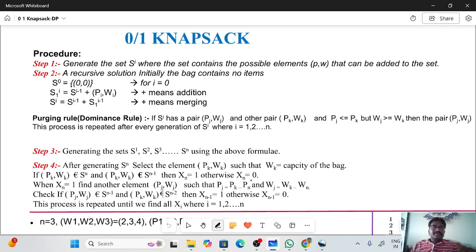Hi everyone. In this session, I am going to explain 0/1 Knapsack using dynamic programming. I hope you are all comfortable with the knapsack problem statement. Once again, I want to recall